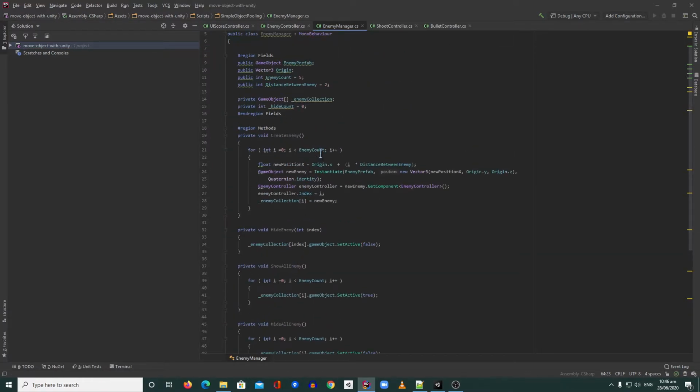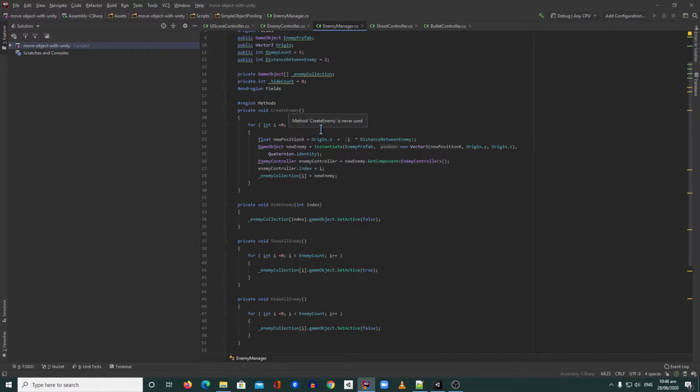So let's explain this method. Create enemy is the one who will create the enemy at the beginning, or when we play the game, when we hit the play button. Inside here, it will check the enemy count, and then it will just loop. For example, we put 5 here, right? It means this loop will generate 5 enemies, meaning this set of code will be called 5 times. It means it will create an enemy